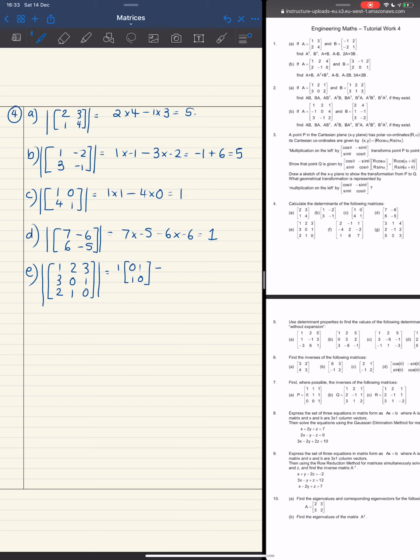Next one, it's always minus 2. And it's times the determinant of that one. Times the determinant of, so it's crossed out with the 2. Row and the column with the 2, it leaves the 3 and the 2 and the 1 and the 0. 3, 2, 1, 0. And then it's plus 3 times